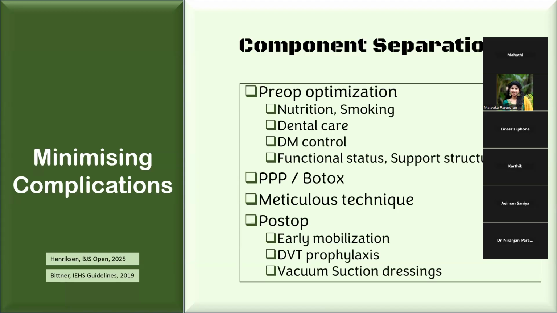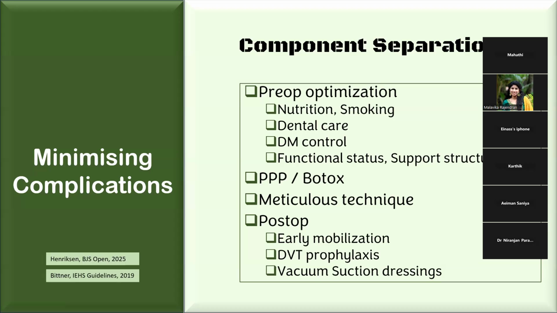I told you about infection. Always, when putting a foreign body, particularly, dental care is very important. It's applicable to all hernias, but more so when you use these large dissections and large meshes. DM control, dental care, nutrition, smoking. I told you about respiratory complications. You want the wound to heal, so the nutrition must be good. Get a functional status. They must be able to do good physio properly. I mentioned the pneumoperitoneum and Botox. Use meticulous technique. And I kept on telling you about the possibility of chest infection and wound infection and DVT